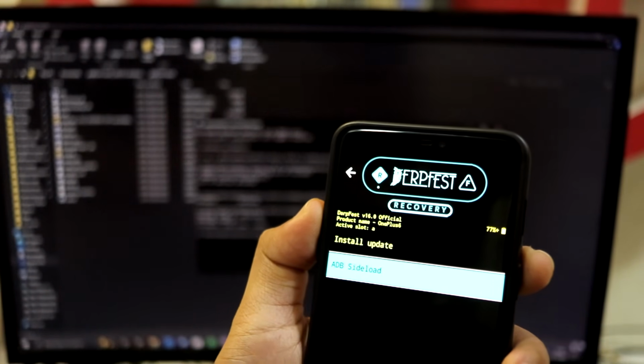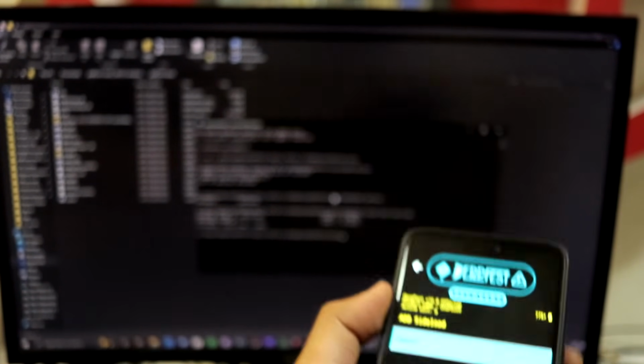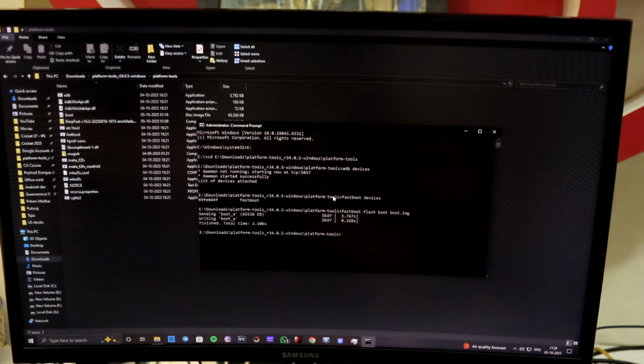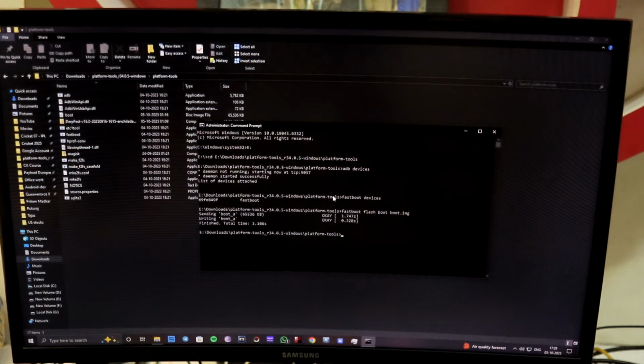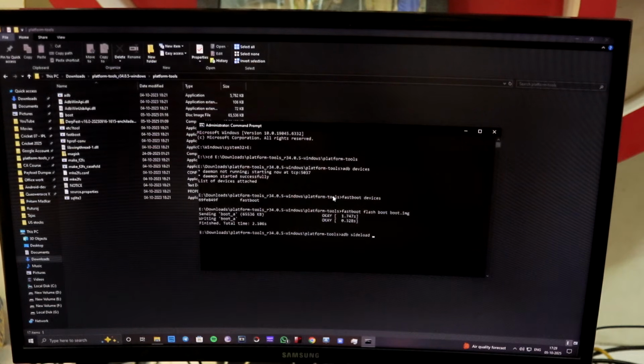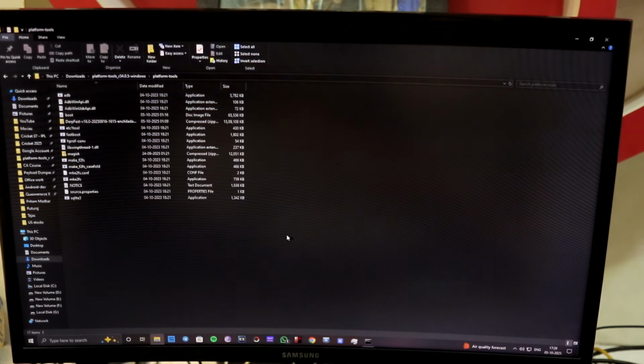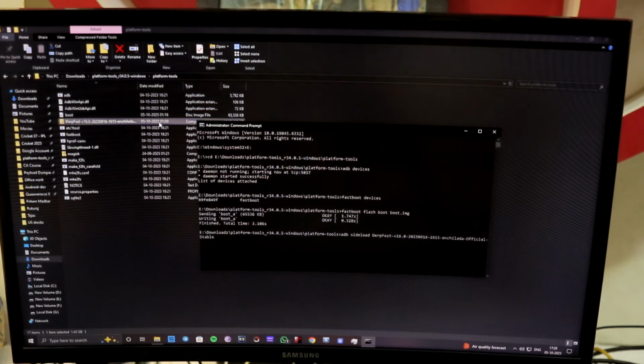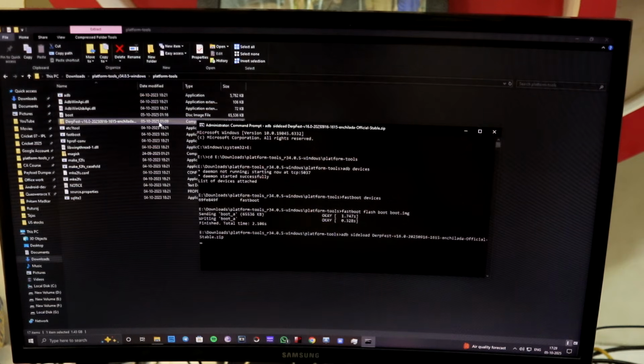Get back, go to install update, ADB sideload, keep the device aside. You might hear the sounds of it disconnecting, so make sure it is connected properly, or it might just disturb the installation procedure. ADB sideload, just copy the zip file name and add .zip